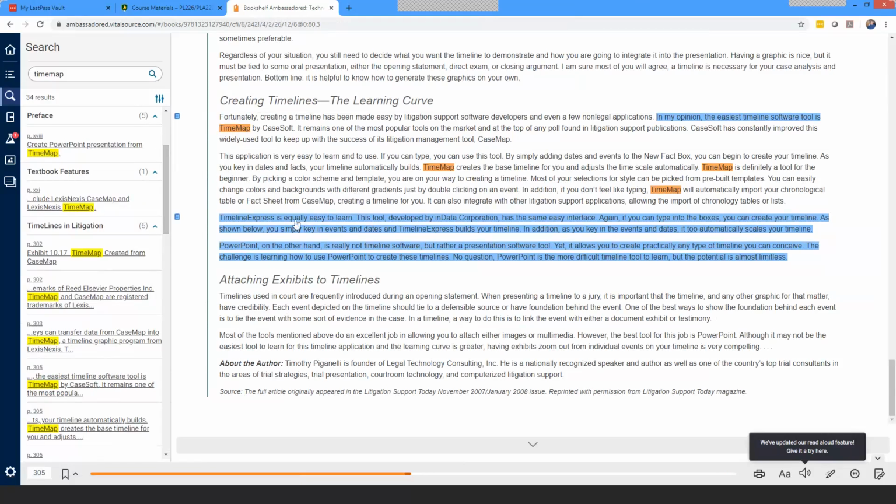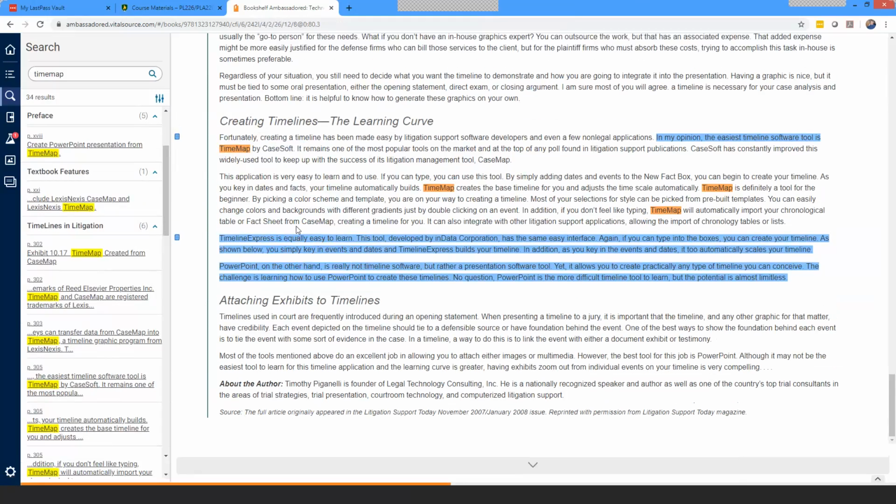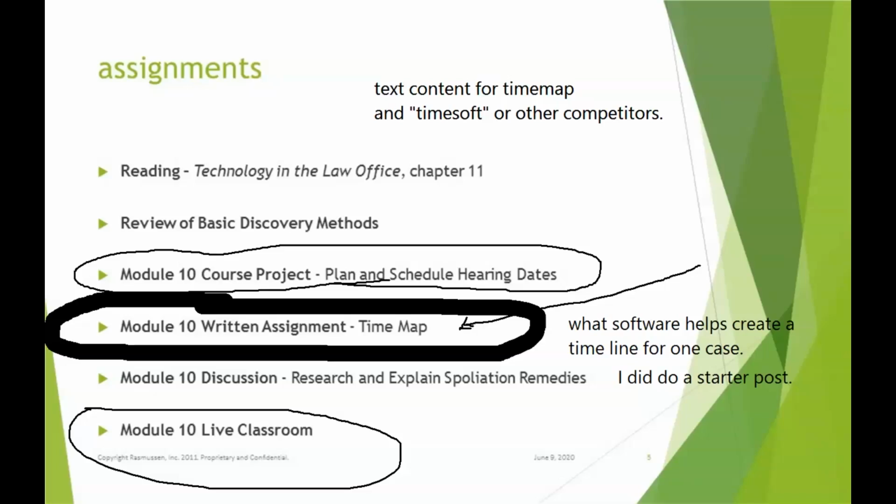Timeline Express, so there are some, here's page 305 with some other types. CaseSoft is a different tool. And we can also look at competitors' case